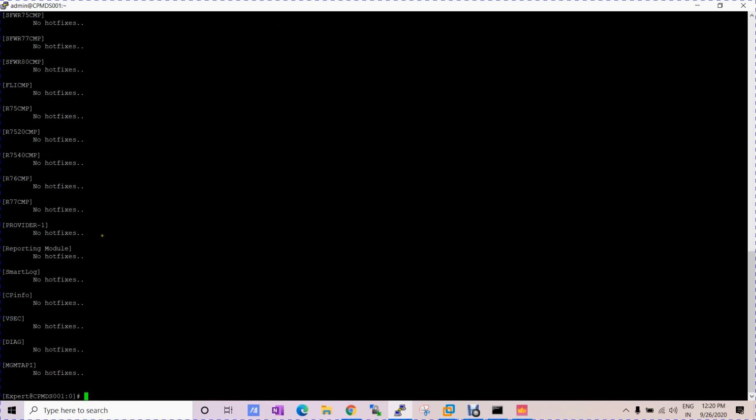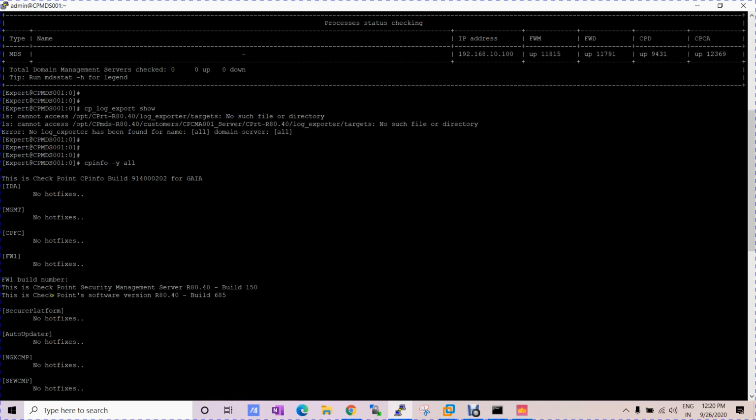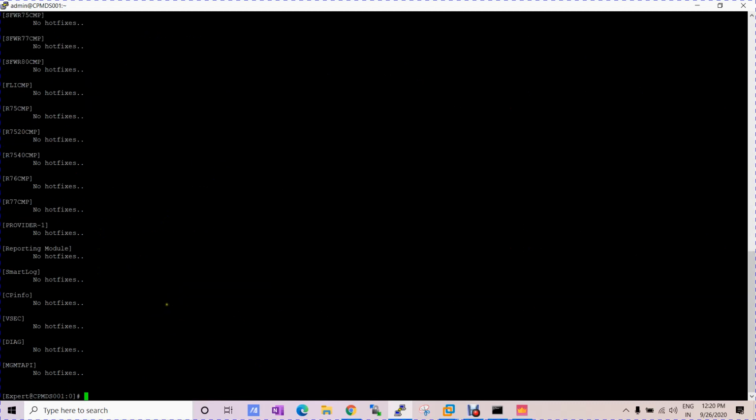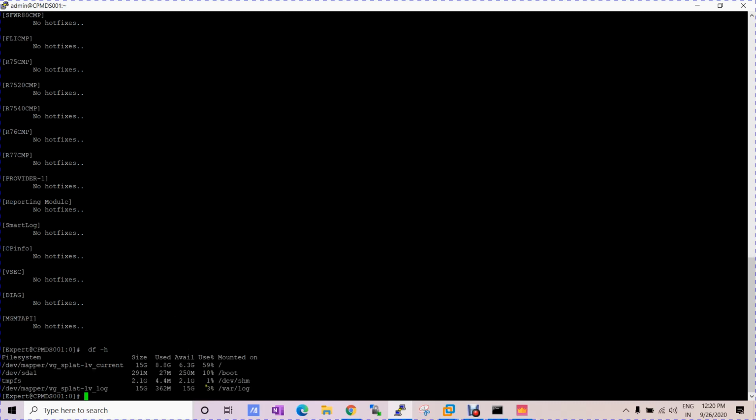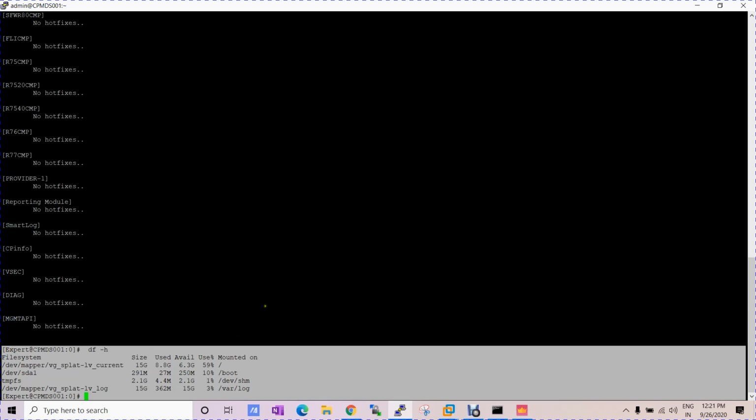So here you can see the hotfixes, if currently we have any hotfix here, and multiple options are there. It will show the RAM's details.